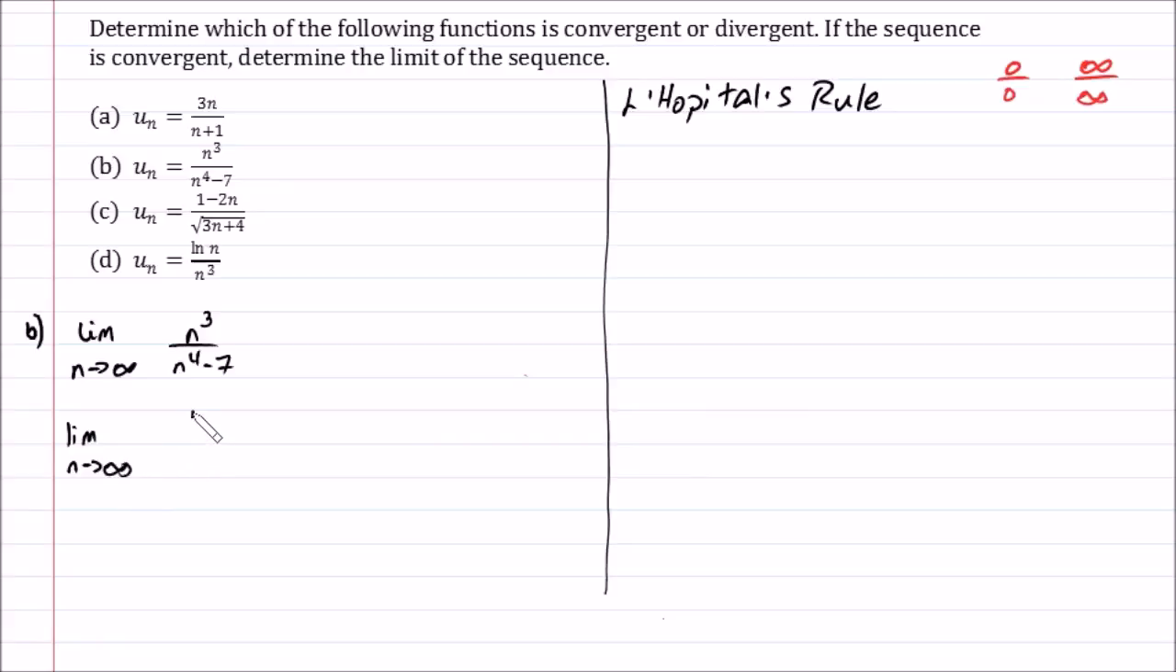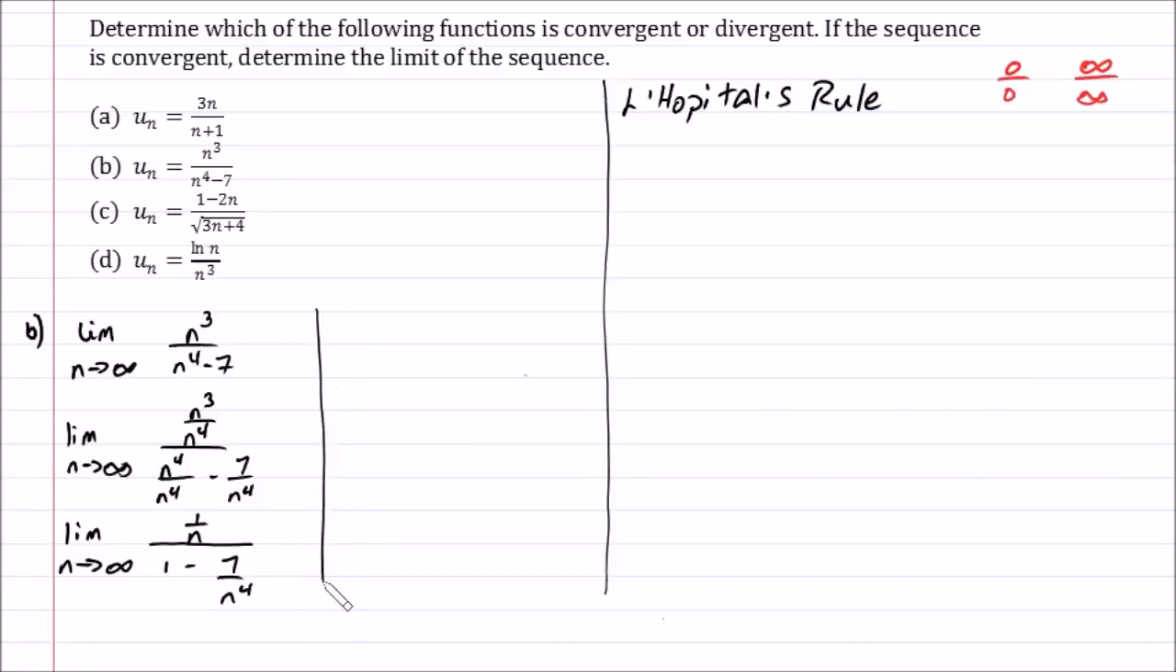So that will give me n cubed divided by n to the fourth power, divided by n to the fourth minus 7 over n to the fourth. That gives me the limit as n tends to infinity of 1 over n divided by 1 minus 7 over n to the fourth power. Now just draw a line here and come up. So I'm going to get, when I substitute in, that this is equal to, by using a little deduction,